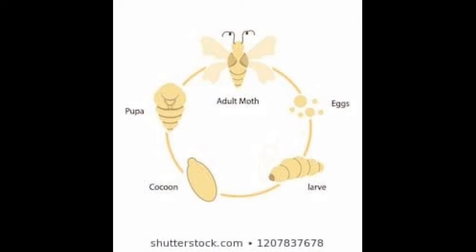Once again, the first step is to lay eggs, then the larva feeds on leaves. The larva increases in number, and once fluid comes from its mouth it completely covers itself with a cocoon. Then in the cocoon the larva changes to pupa, and the silk fibers are obtained from the cocoon of the silk moths. These silk fibers are very strong and their strength is equal to steel wires.